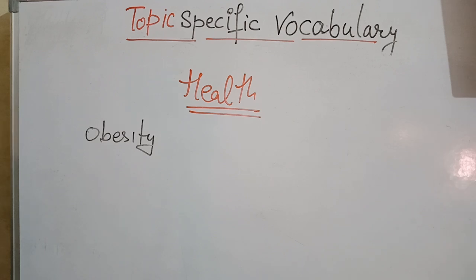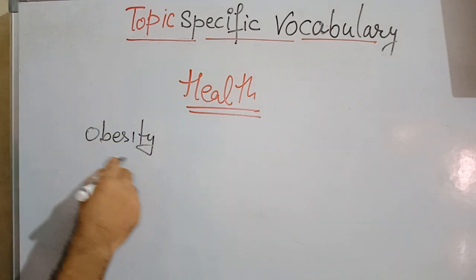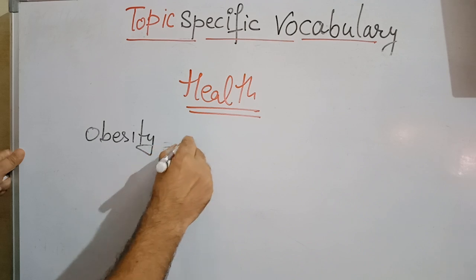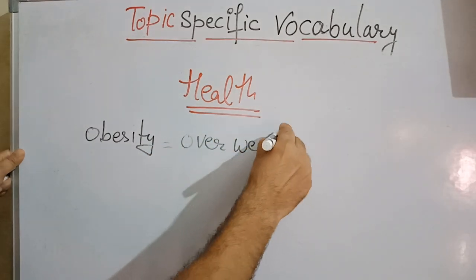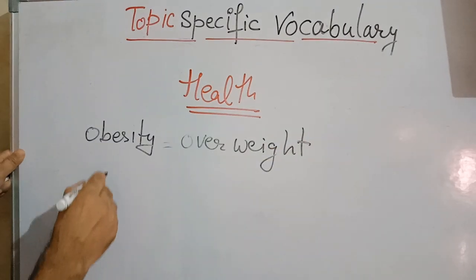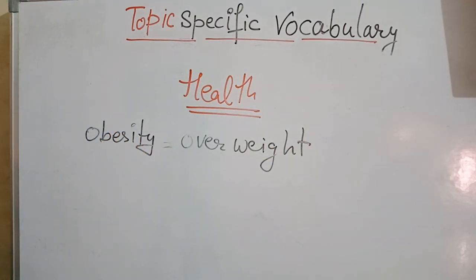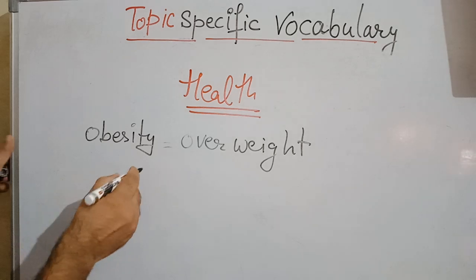So first topic is health, and the word is obesity. Obesity means overweight, or we can say fatness. People are generally in these days suffering from obesity or overweight due to eating junk food. And the next word is